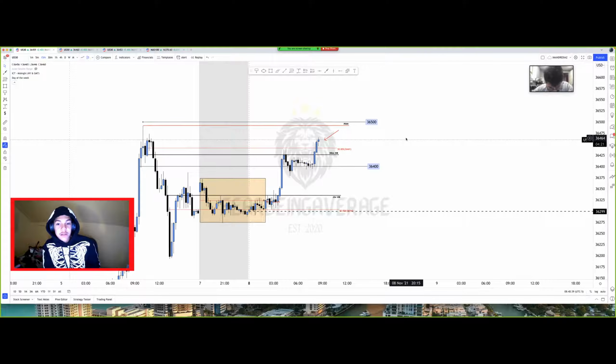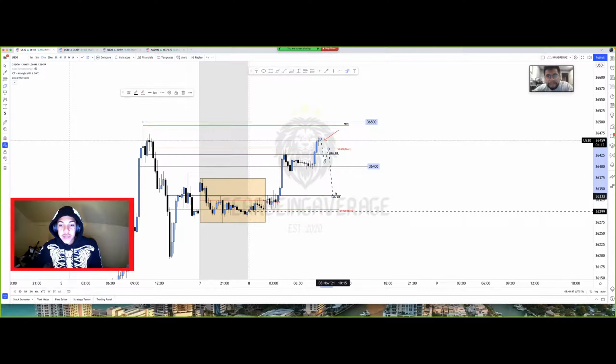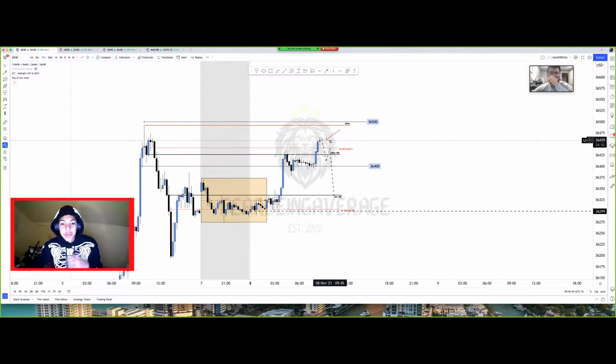If anything, if price starts to drop to the downside and starts really rejecting, I could be looking for lower time frame retracements to catch that expansion to the downside. Because if this is creating the high today, there's a chance that this could end up being a full reversal. So even if I'm able to capitalize on a short, take profit here and hold a runner, I could still have that chance that price continues to run lower.